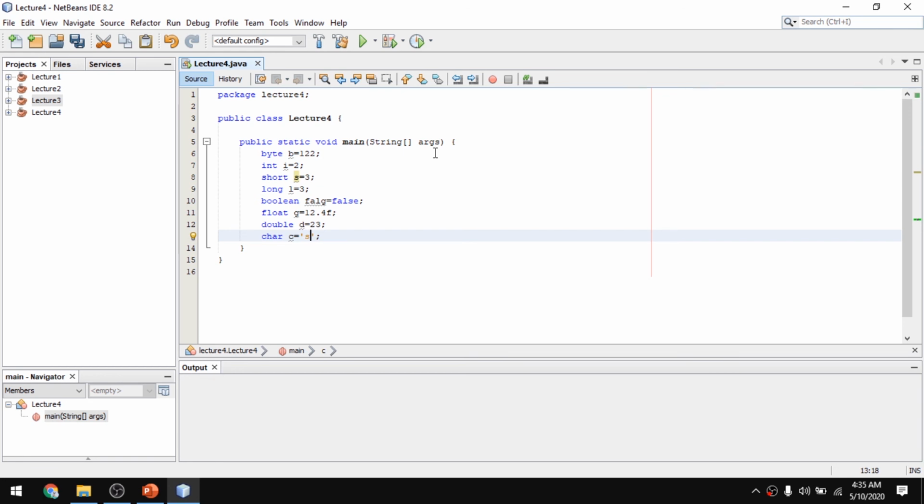So this is all about the data types, and I will give you a tip about NetBeans. If you press Alt Shift F, it will automatically format your code. Whenever your code is ugly or looks bad, you can simply press Alt Shift F to get back to the normal format. So that's it for our NetBeans.